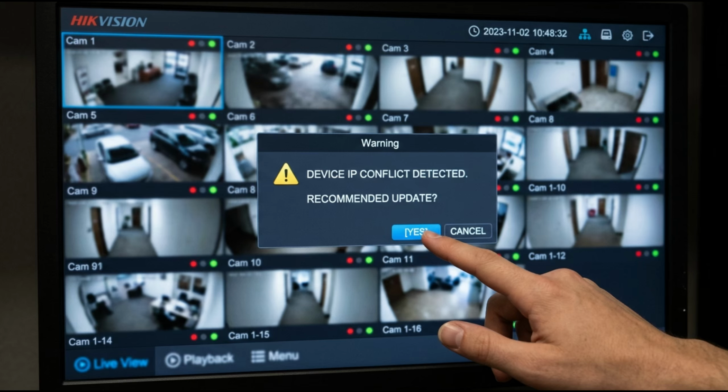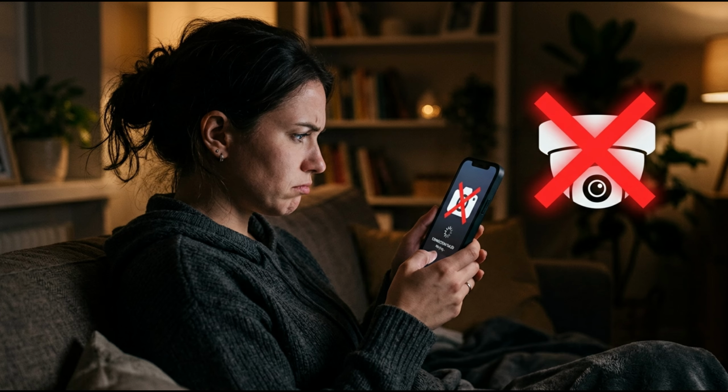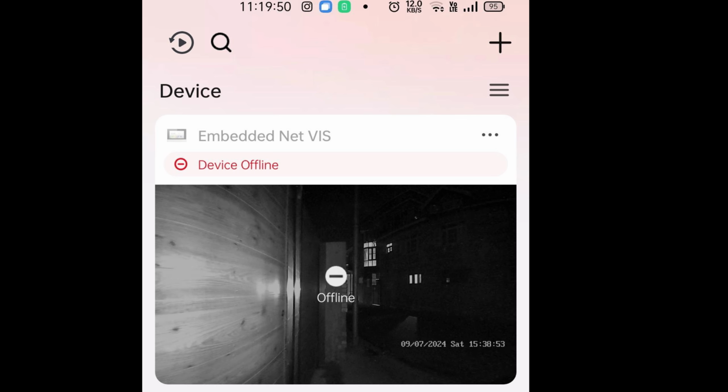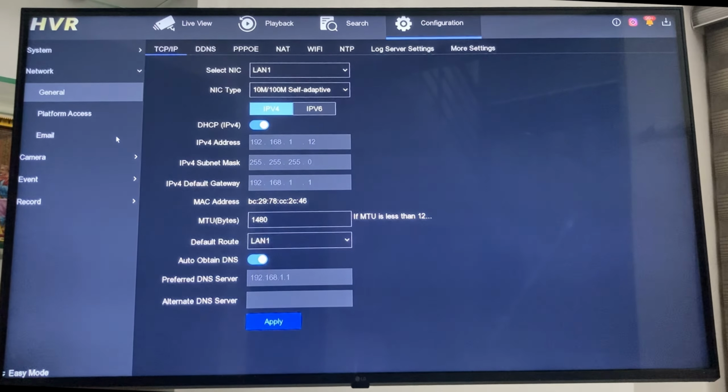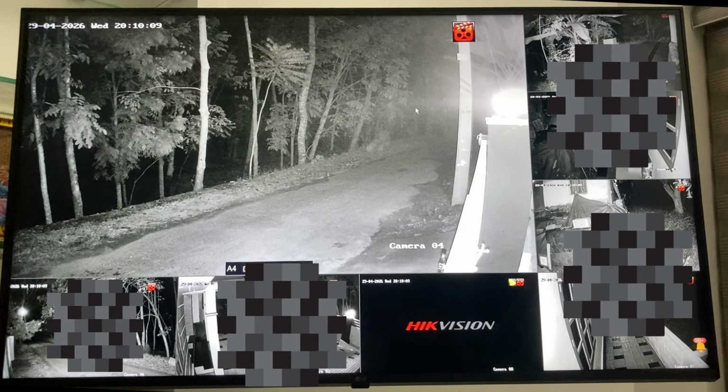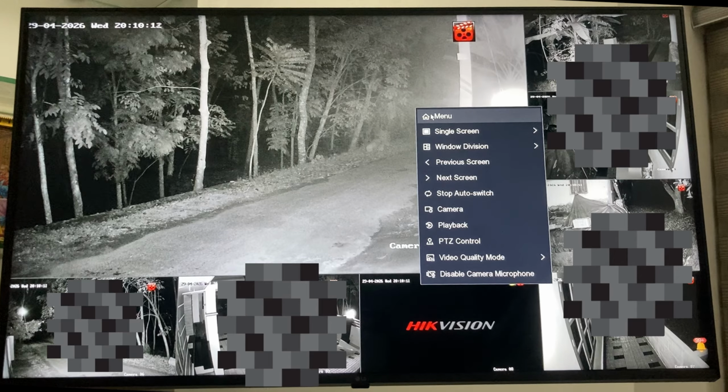So you click that little button on your Hikvision DVR that said Recommended IP Update, and now your live camera views are gone from your phone. It is super annoying because you were just trying to do the right thing, but now you are stuck with an offline error. Don't worry, you didn't break anything. When you changed that IP address, your DVR basically changed its house number, but forgot the directions to get back to the internet. I'm going to help you fix that right now, even if you have never touched a computer